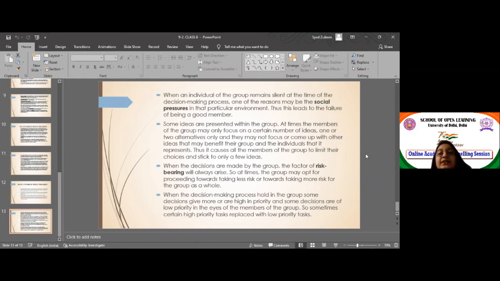Then some ideas are presented within the group. At times, the members of the group may only focus on a certain number of ideas, one or two